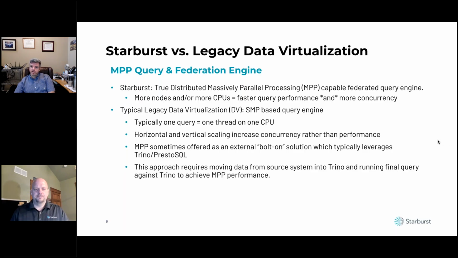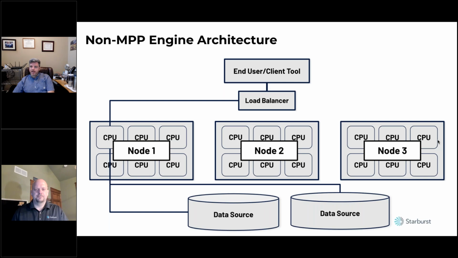So let's look at a diagram to help illustrate this. With a non-MPP architecture, your end user is going to submit a query. That query is going to go to a load balancer. That load balancer is going to then round robin that request to one of your nodes. And because there's no way to split this query up into smaller tasks, that query for the most part is just going to hit one CPU on that one node, and it's going to have single-threaded access to your underlying